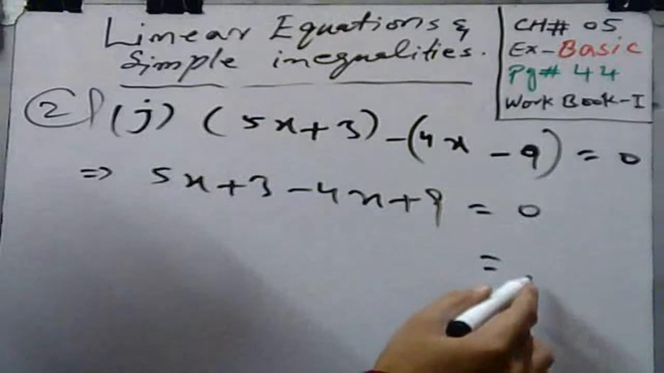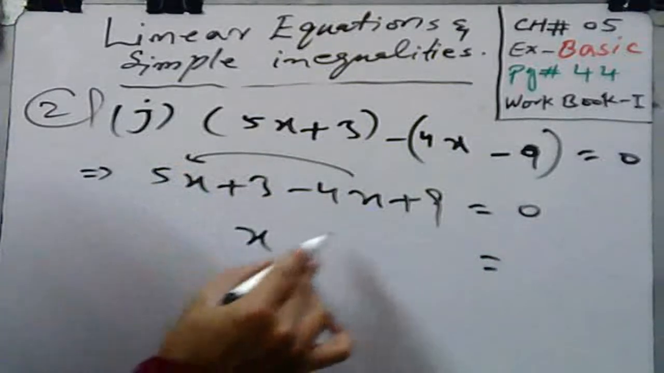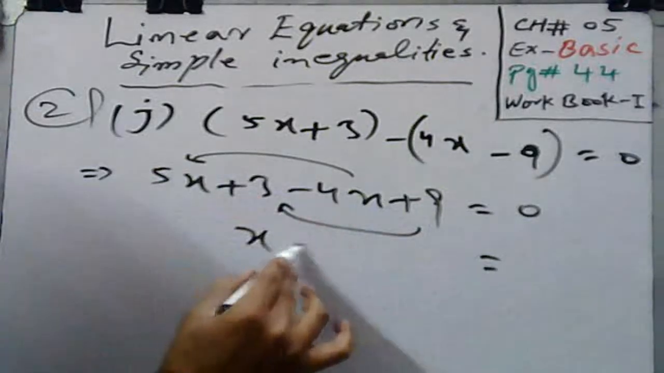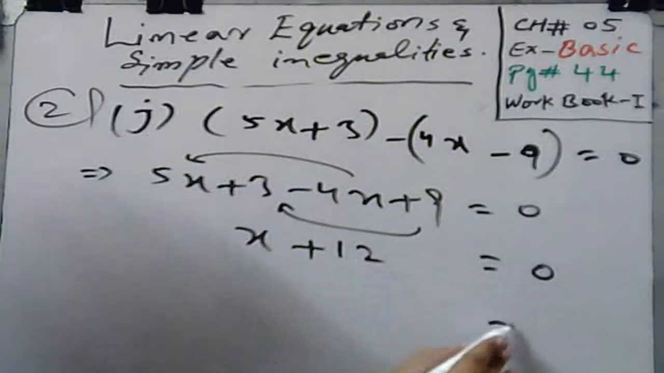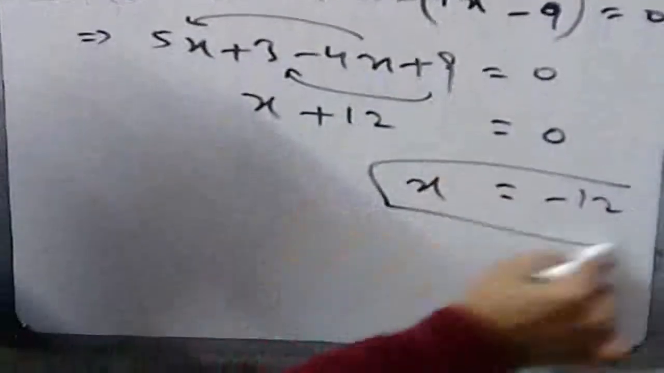Once again, by the same methodology, homogeneous terms should be added, so that is your x, and constants should be added, that is your 9 plus 3, 12, plus 12 is equal to 0. So the value of x, it should be shifted, minus 12. So that is your required result. In K part,